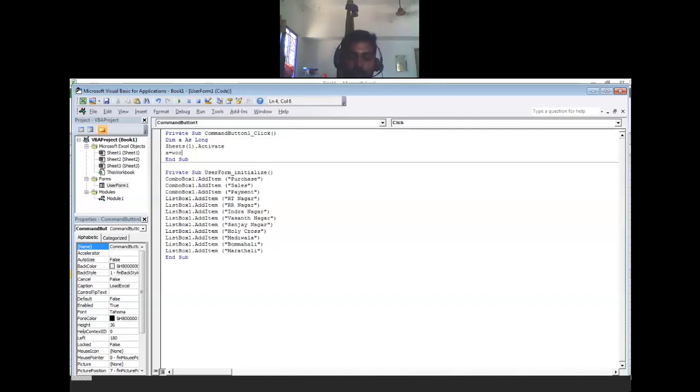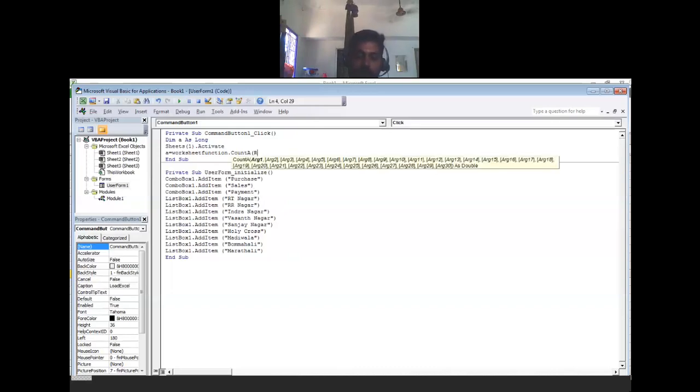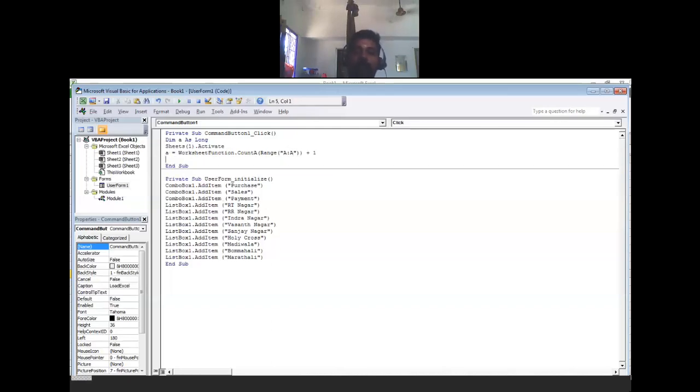Now we have one function, A equal to WorksheetFunction.CountA. We are counting from the cells, how many. Now this A is a variable which we declared at the top. WorksheetFunction, again a keyword, dot CountA. We want to count from the sheet. Starting from where?